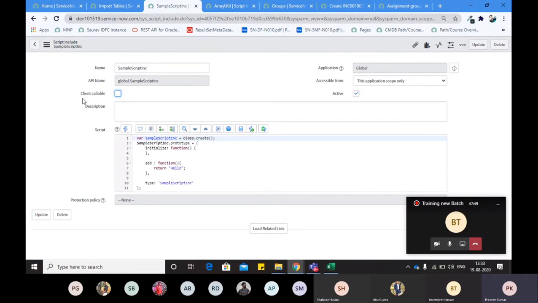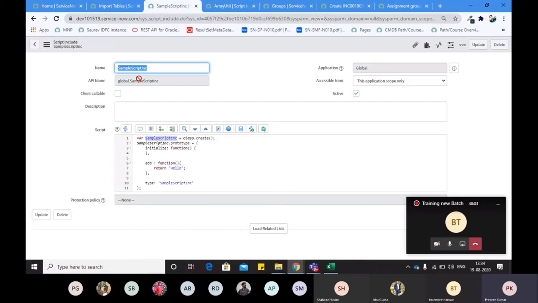Now, how to call this script include? To call it, you have to create an object of this script include. Whenever we do any kind of server side scripting or practice, we open this module, the script background.